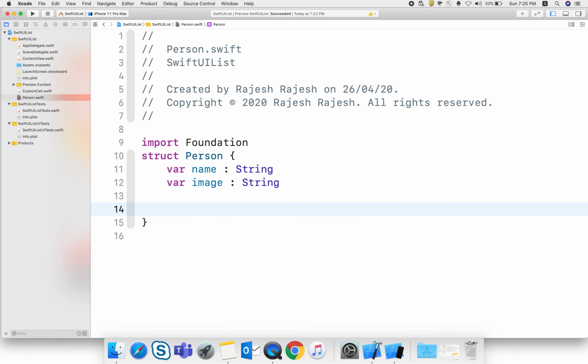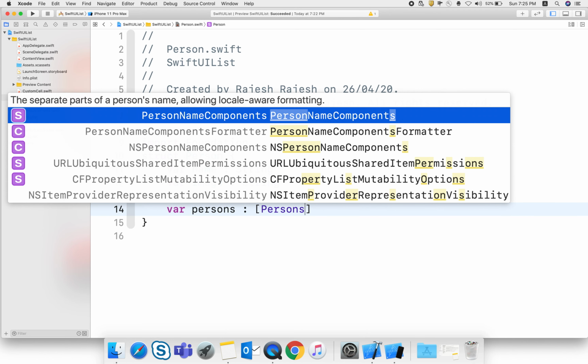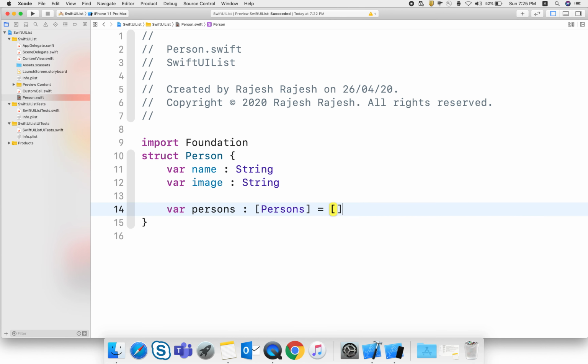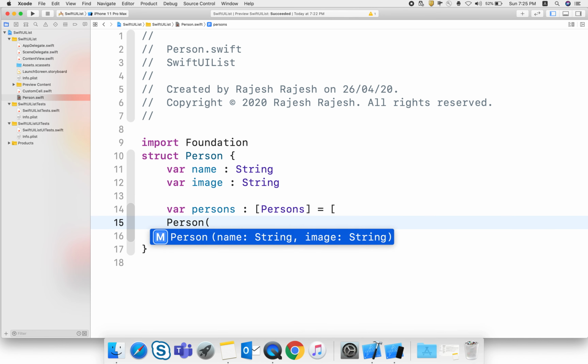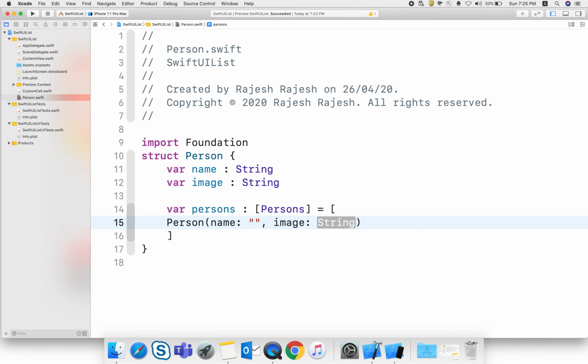And here we can create an array of persons. Give it whatever names you want to give. Here I just give my name Raj, and I pass the image name.